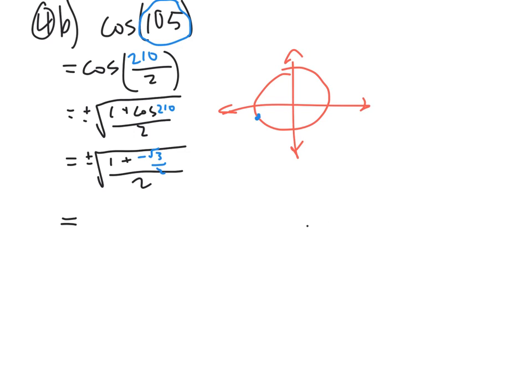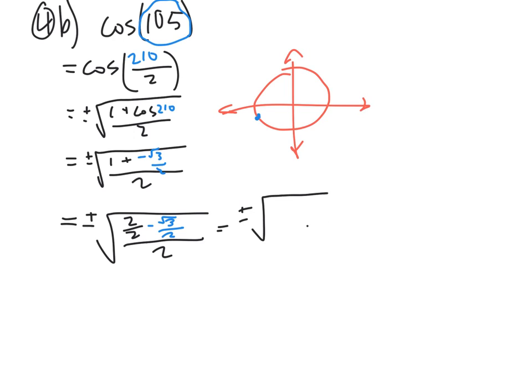All right, now we want to combine our numerator values. So I'm going to make this 2 over 2, so it's a little better to combine up top, minus root 3 over 2, all over that last 2. Now the numerator of my radical here is going to be a 2 minus root 3 over 2, and then I still have that second